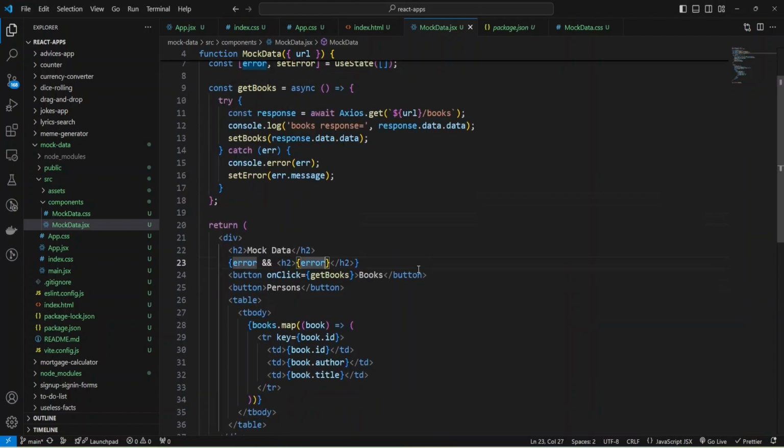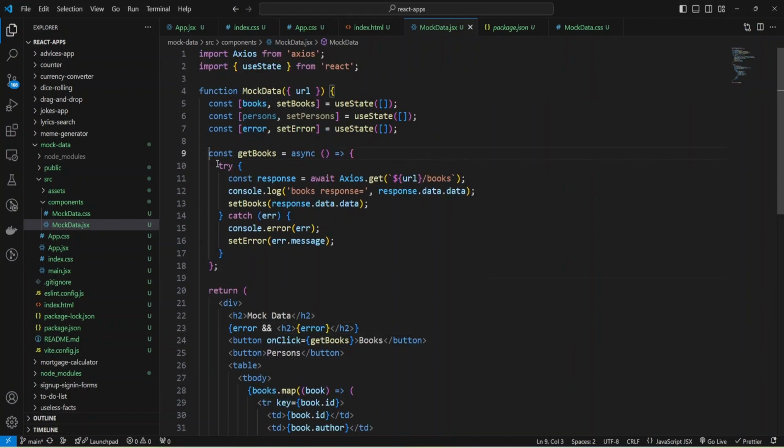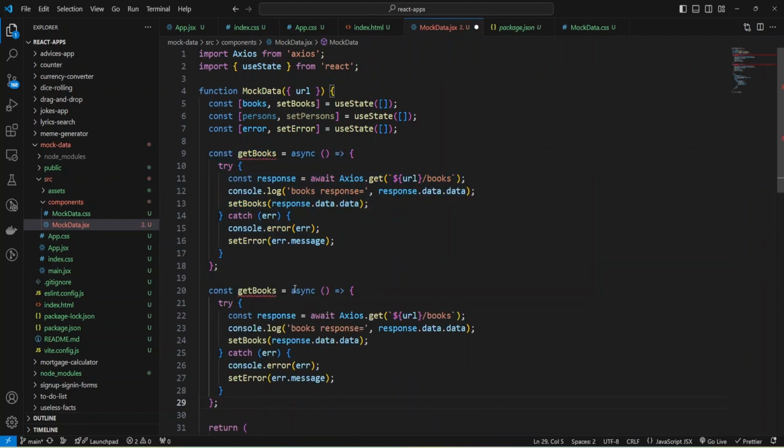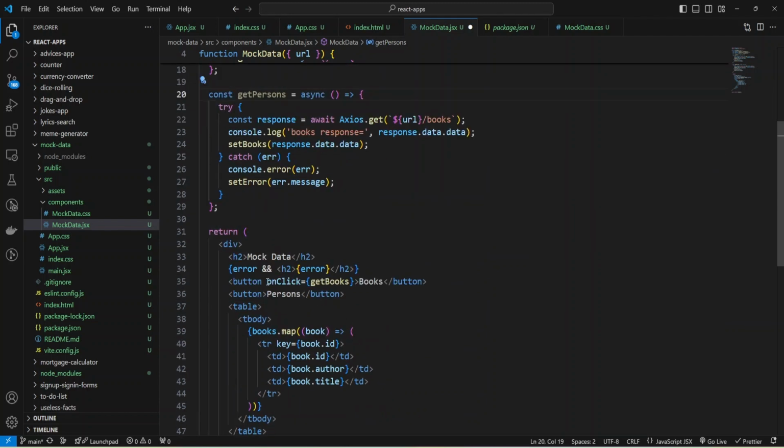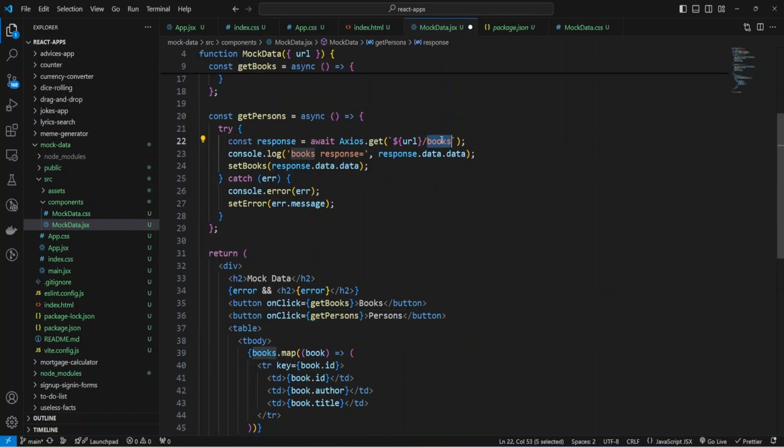Now we can add the same function, but for persons. I'm going to name it getPersons, add a handler onClick and provide getPersons, and the URL will be persons.